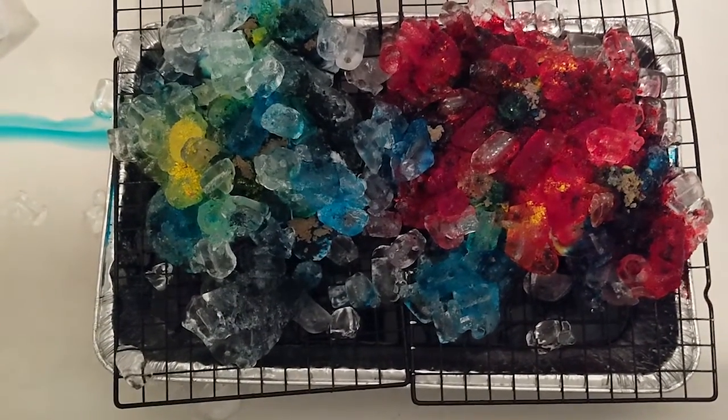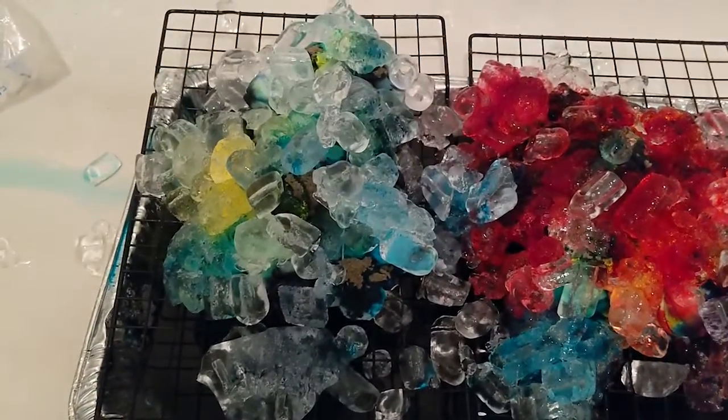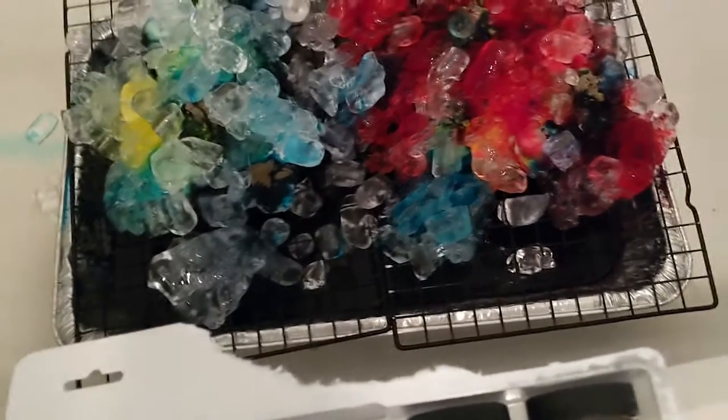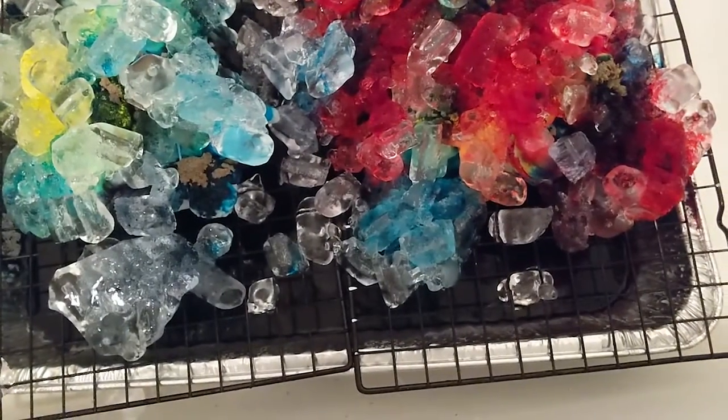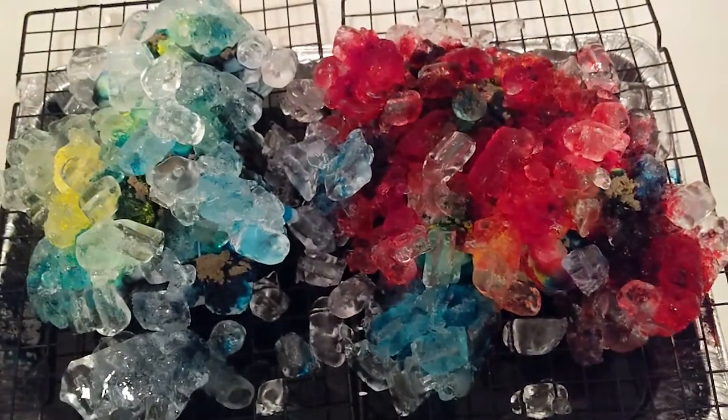I'll check on it some more when it's melted some more. I heard some encouraging noises that sounded like an ice mountain breaking. I do not know what I'm gonna do if it over melts. Probably just carefully lift the racks and put another thing on top. Y'all don't know what I'm talking about. I don't know what I'm talking about. But